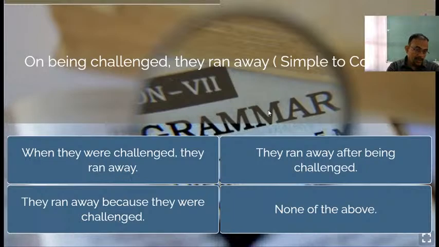So which one do you think is the correct answer? Is it number 1, number 2, number 3, number 4? This is number 1, this is number 2, this is number 3, this is number 4. Akanksha Srivastav says this is the correct answer. According to Akanksha, Manajay, you said this is the correct answer, number 3.